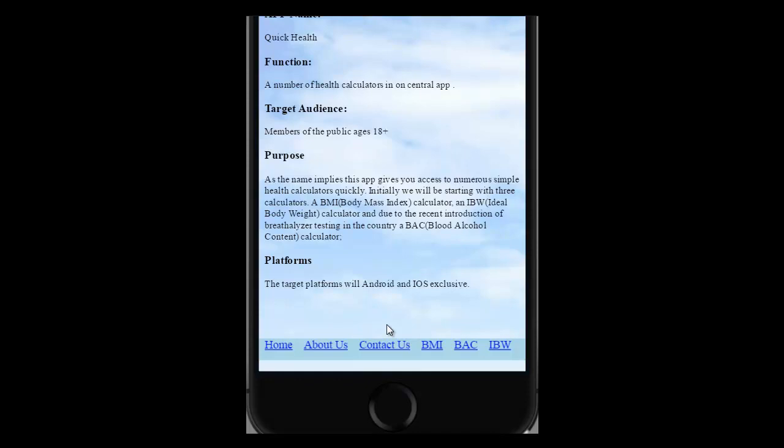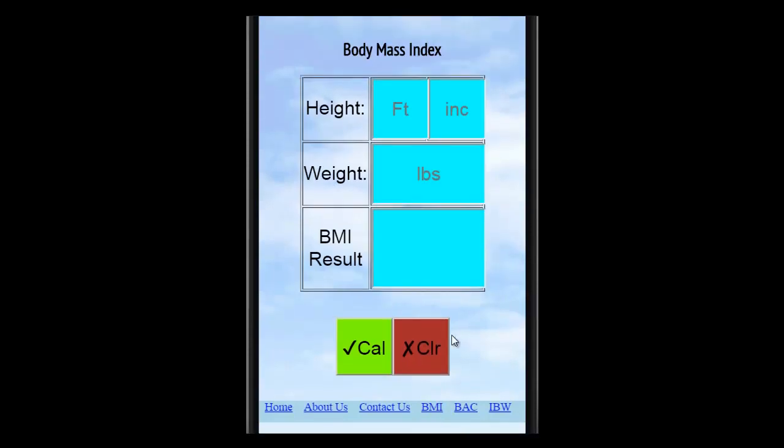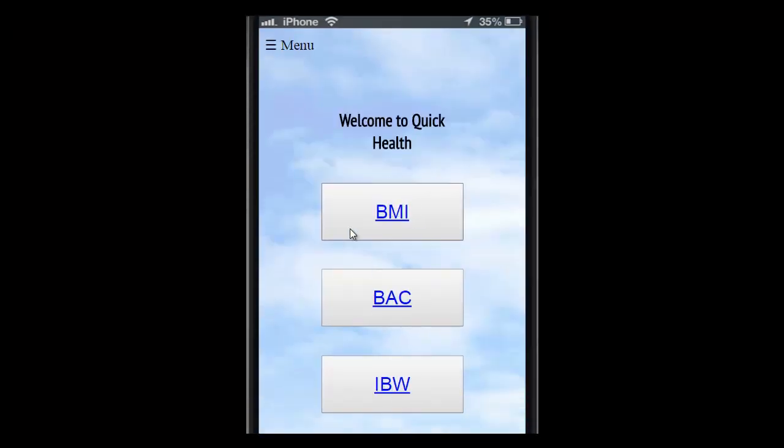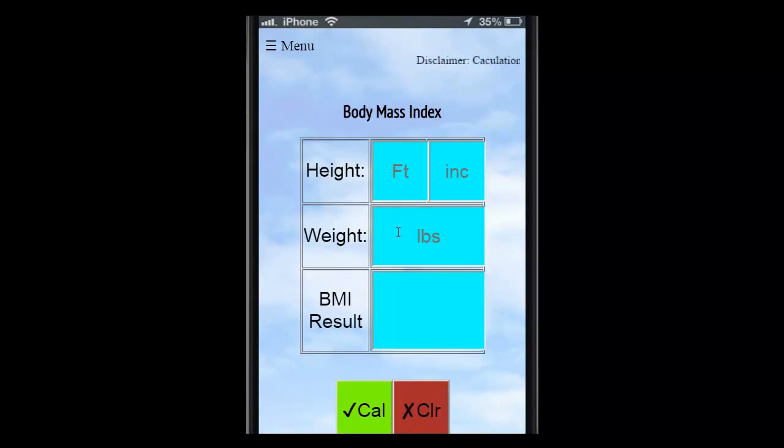calculators. Okay, so let's go to the body mass index, which is the BMI. You can either click on it here, or if you were on the home page, we'll go back and show you now. You can just click on one of these three buttons, which will obviously be the BMI at the top, right? And for the body mass index, we need three things: your height in feet and inches, and your weight in pounds. So for me, I am 5 feet,